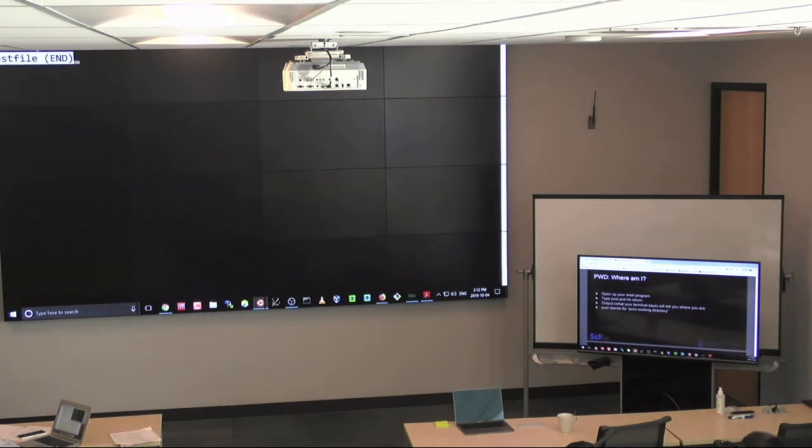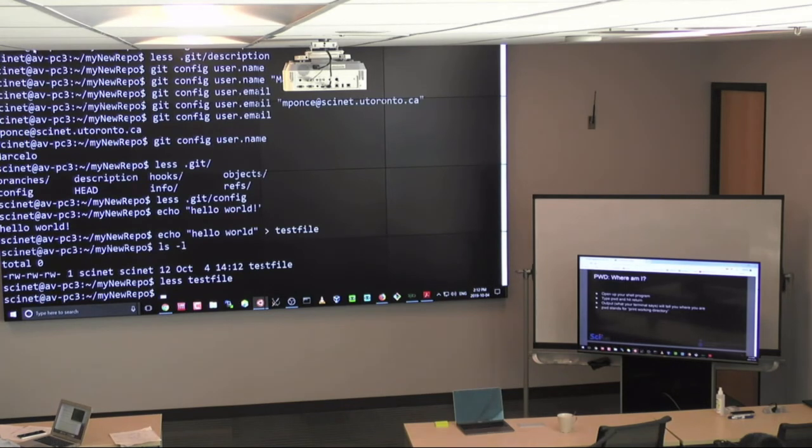And if I look inside the test file, now it shows what I wrote before in the echo command. Okay, so redirection is a very useful way to create files very quickly in the shell, or to capture the output of a particular command and put it in a file. Okay, you can do this with ls, for instance. If I do ls, and let's say that we want to keep track of whatever is in the Git directory, I can put this into